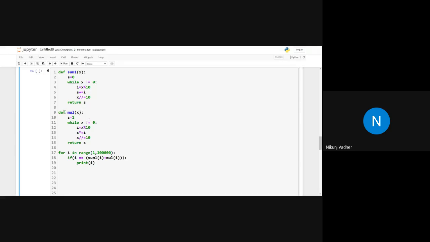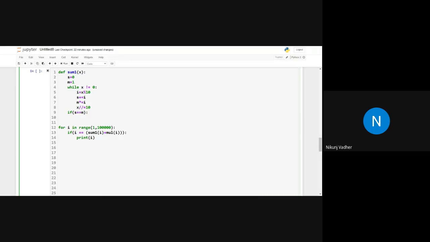Okay, if you don't want to do that, then let us optimize this code. This is sum and this is multiplication. M multiplication equals to i. And then we will do one thing. If s double equals to m.